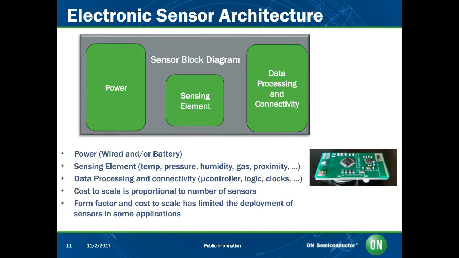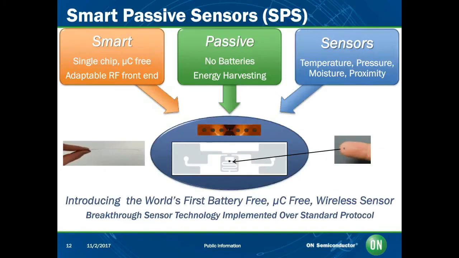This works fine. There are some challenges with this type of architecture. Since you have all of these blocks for every sensor, your cost to scale is directly proportional to the number of sensors. And what we found is that for some applications, using a traditional electronic sensor becomes prohibitive due to cost or also form factor-wise, because with all of these components necessary in the sensor, you can only make the sensor so small. So as a complement to that, we've been developing a new sensor technology that decouples the sensing element from